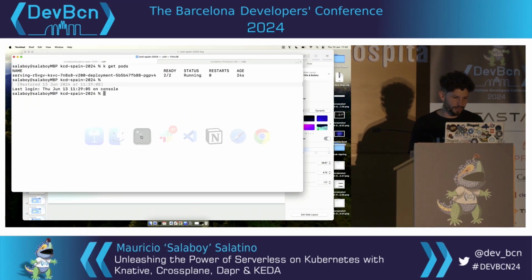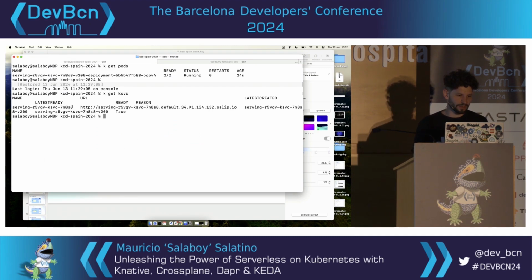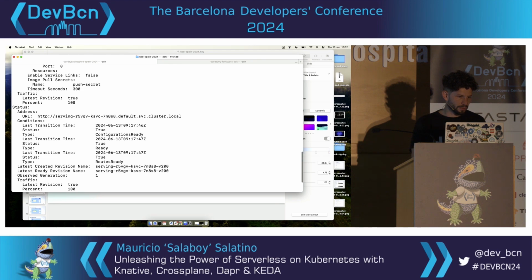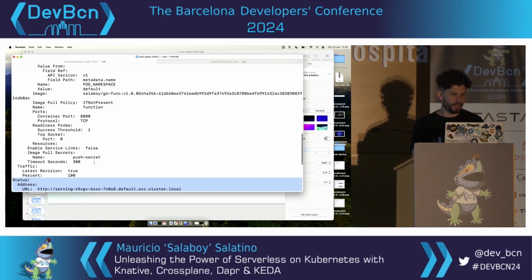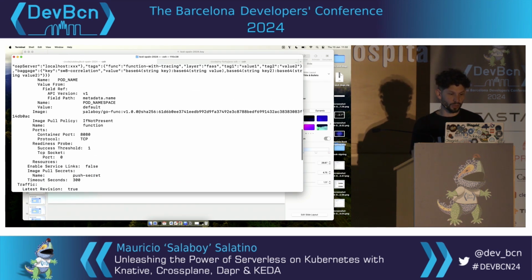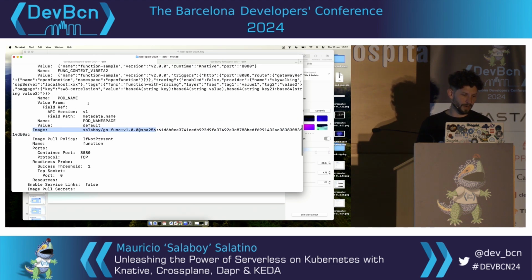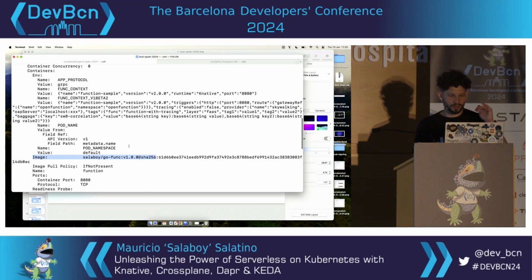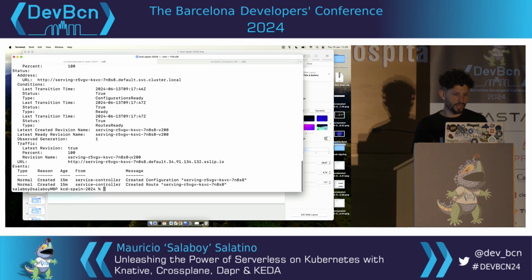I didn't show that because I was restarting my computer, but if I list the Knative services that I have, this is my function Knative service. I can describe the Knative service type. This is a new type that provides all these abstractions to go from containers to URL. You can see here a bunch of status reports about how the function is being configured, but the only important bit is that if I have an image, I can just provide you a URL. You can add environment variables and other stuff, but at the end of the day, you want to run this image, and then you want a URL back so you can call this container.